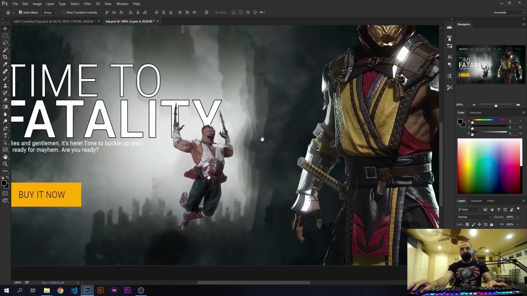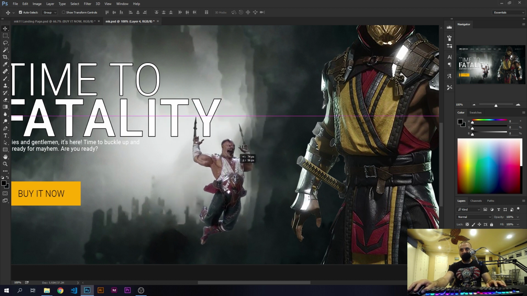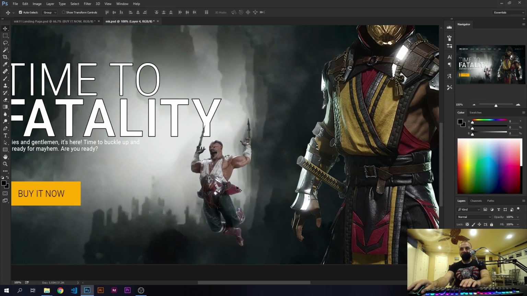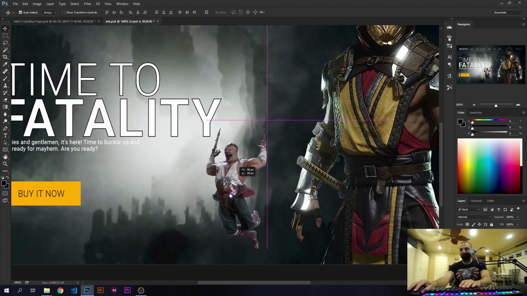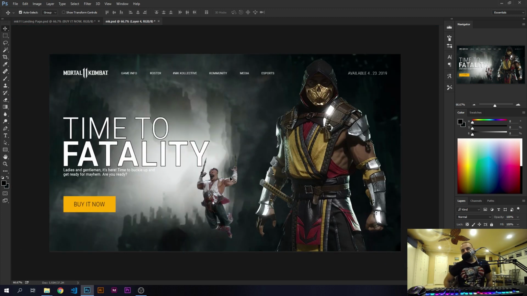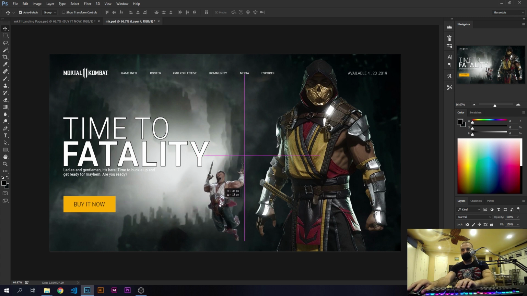Okay, you guys, I am back. So we cut him out. He is free roaming right here. Let us hit Control T, right click, flip horizontally, and let's kind of place him somewhere here, just like in the design. And let me fix my seat. So we kind of have him somewhere here in the design,